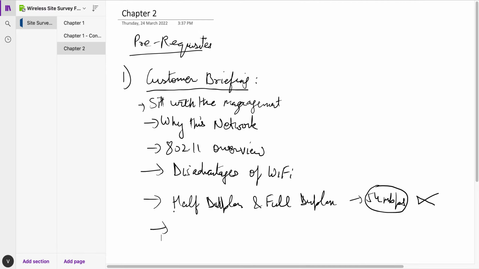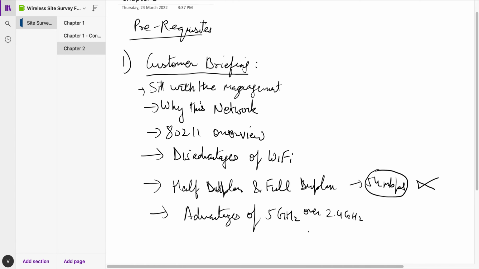Talk to them about the advantages of 5 gigahertz over 2.4 gigahertz. Let them know why they should be trying to design a network on 5 gigahertz if the clients allow, or if the devices on the ground allow that. That's really critical. And anyway, this is the contention mechanism, as to how the data rate is not equal to the throughput, or is less than half. That can become slightly better in .11n,